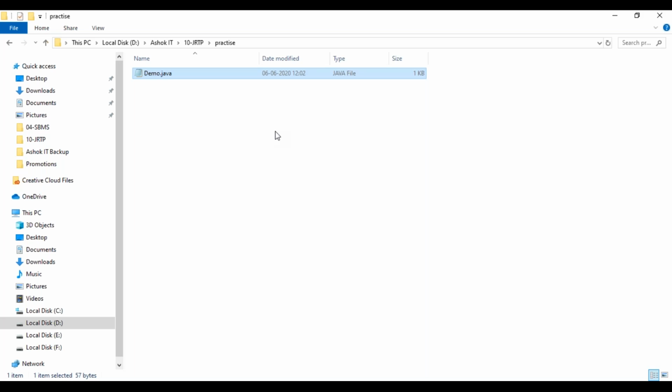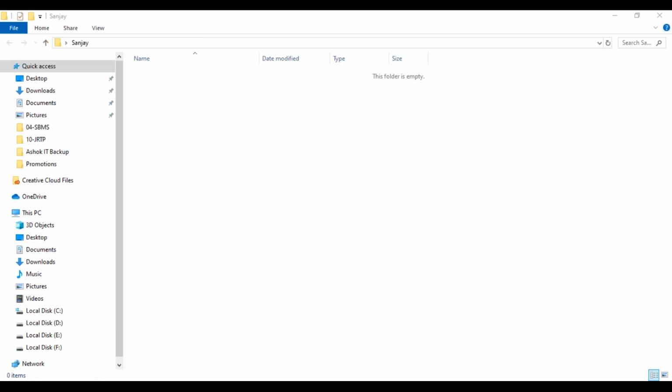Now, for Sanjay, the team lead said, hey Sanjay, we are already working in this project for one year. This is the repository URL. You just set up your workspace. So what does Sanjay have to do? Does he need to create a new project and commit to the repository, or does he have to take the existing project? Now Sanjay has to take the existing project, or create the new project.